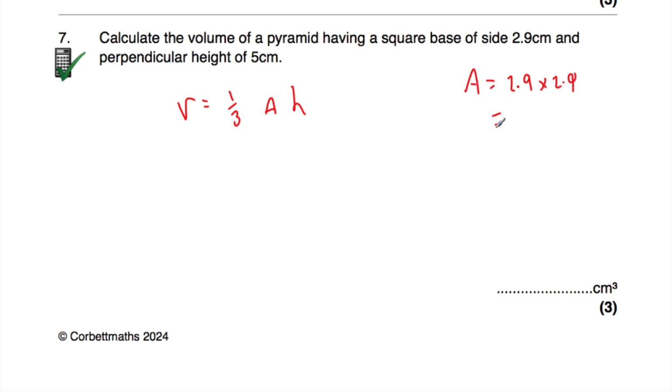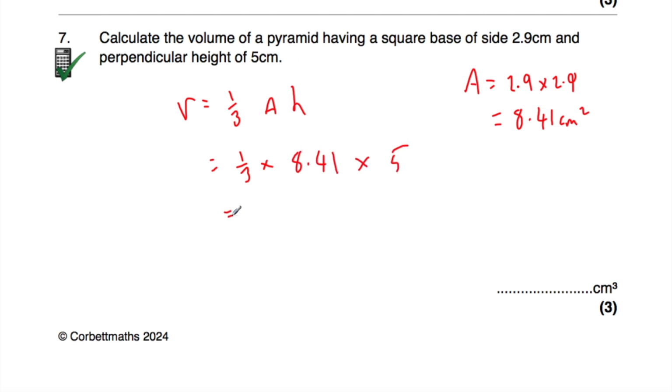And let's work that out. So 2.9 multiplied by 2.9 is equal to 8.41 centimeters squared. So that's the area of the base. So we've got the volume would be a third, the area of the base, the square, which is 8.41, multiplied by the height of the pyramid, which is